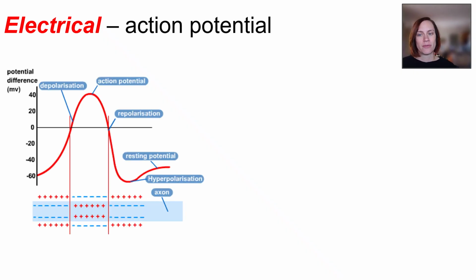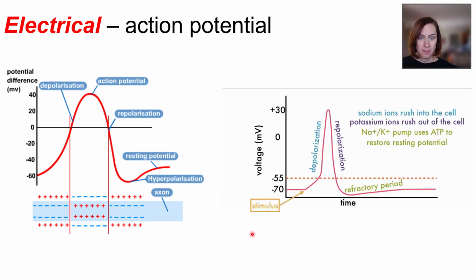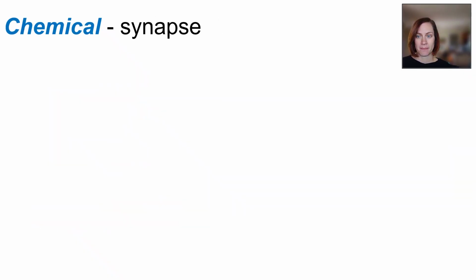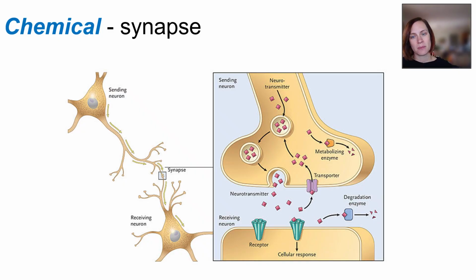So we can see that the voltage or potential differences, right? The potential difference changes frequently during this situation. They switch over, and this is happening all the way down the cell membrane of the axon. And you can read a little bit more about what's going on here at each of these stages where they've color-coded it. So once the action potential reaches the end of the neuron, we're at those axon terminals there, it